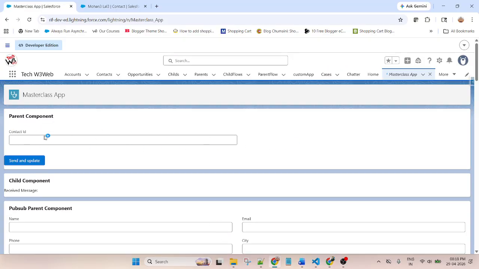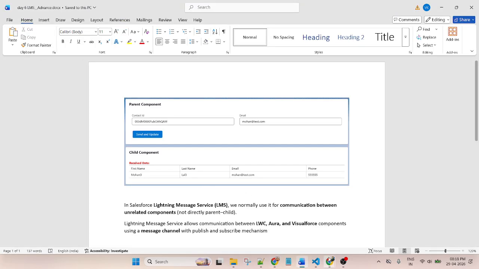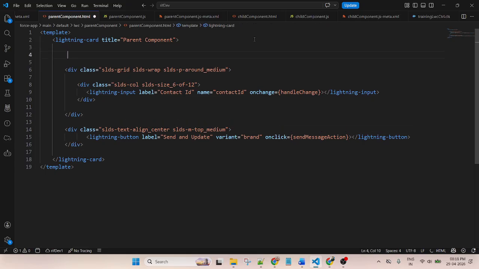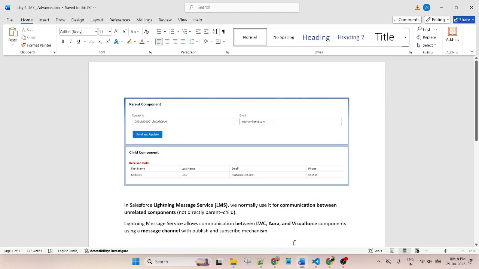This is a contact ID. This is a send update button. Update, the U is capital. So this is a greet. This is wrong. SLDS text. And here we use a div because the format is not good.